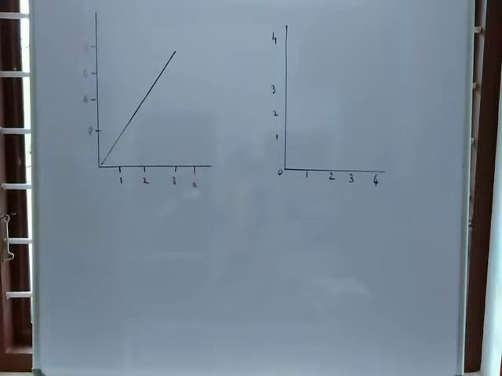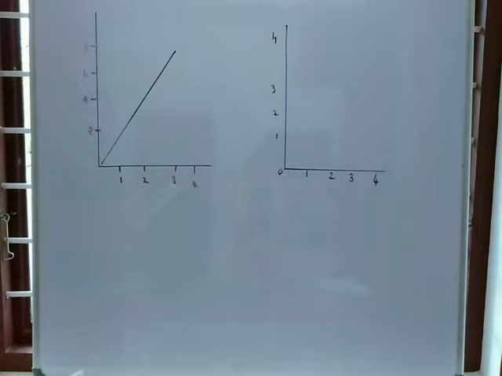Hi everyone, today we are going to start with the numericals of chapter 2b. First question: the figure shows the displacement time graph. The diagram is clearly given in the textbook. It is the displacement time graph of the motion of a body. Use it to calculate the velocity of the body at t equal to 1 second, 2 seconds, 3 seconds. Draw the velocity time graph.